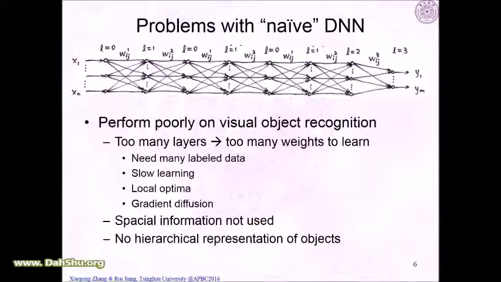And also, when people see a picture and get understanding, we have hierarchical understanding. Like we first get where the edges and colors are, and then from that we get the understanding of what the vegetables and people are, and so on and so forth. So this hierarchical representation cannot be obtained from this. I call it the naive deep neural network.